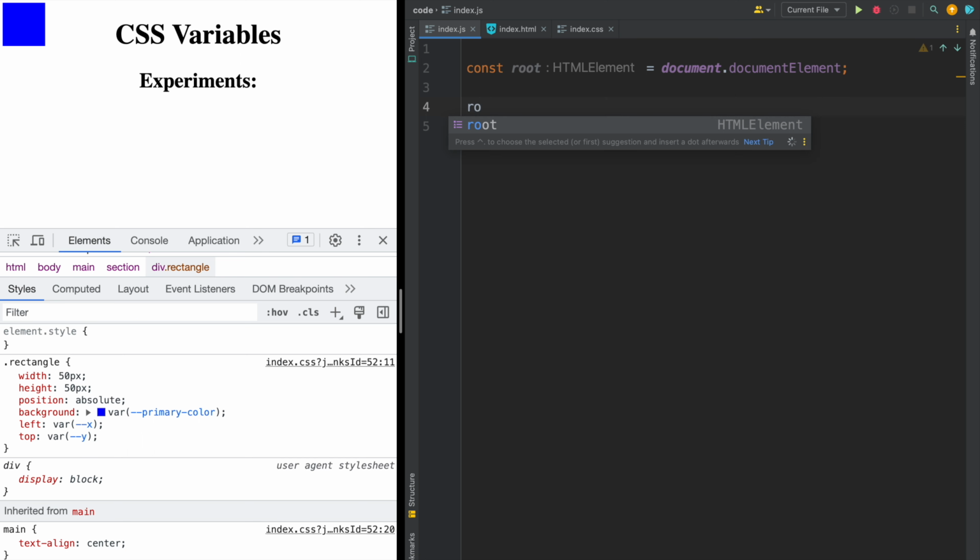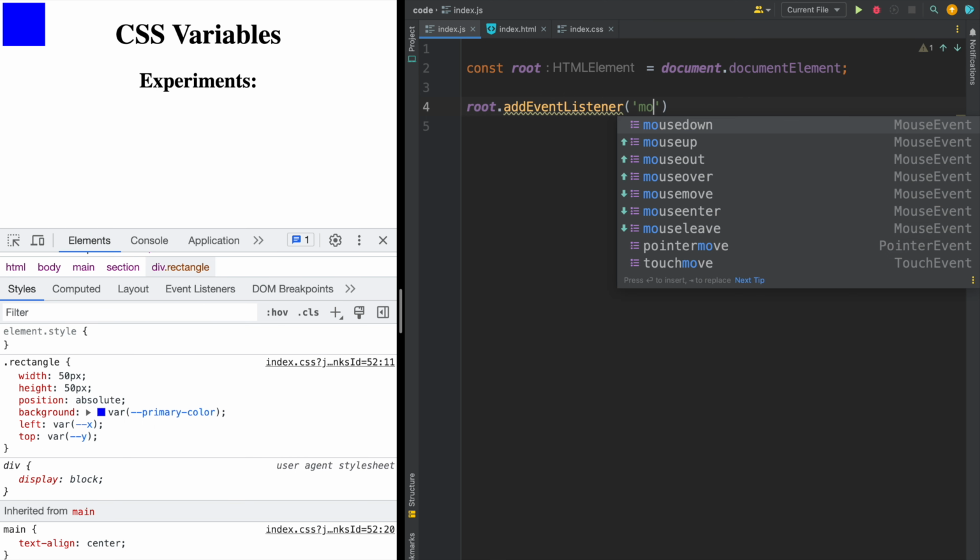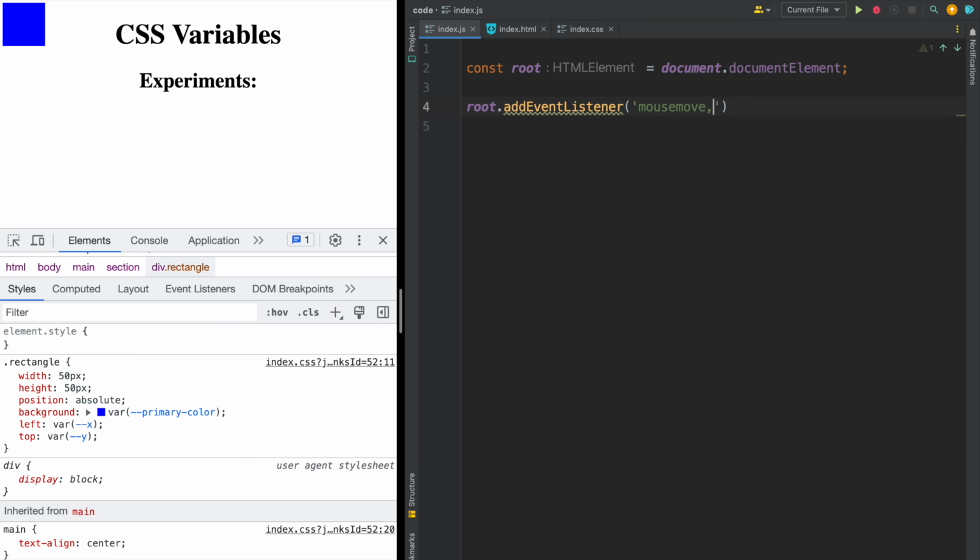So root add event listener, and it will be mouse move. And here will be a callback function, and here we will have an event. And let's try to see what we will have here. So console log event,